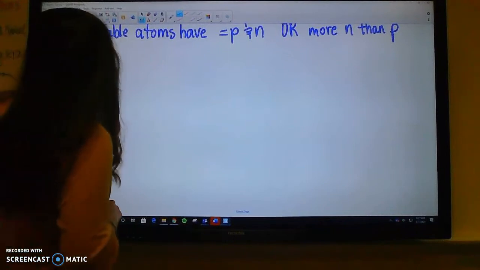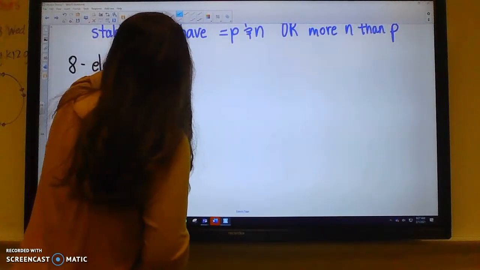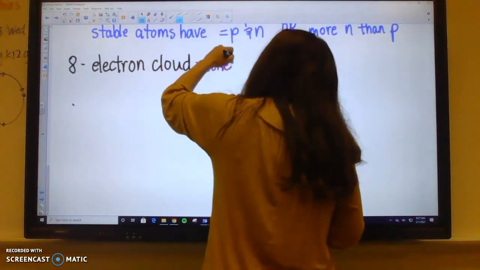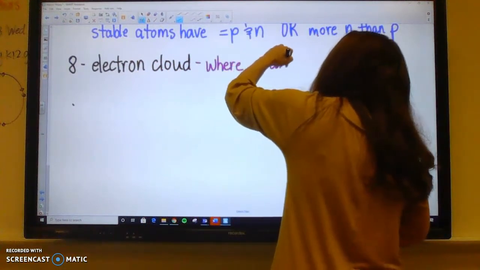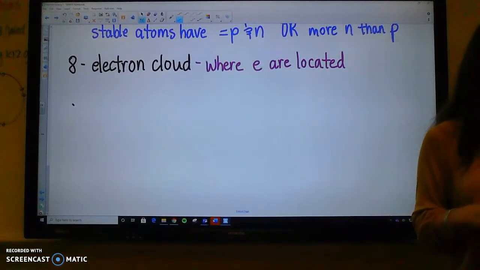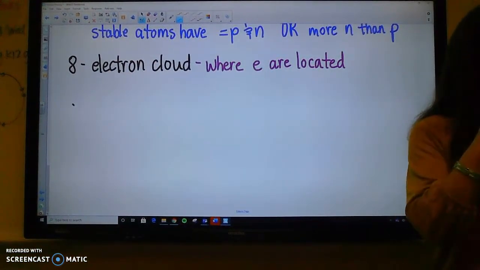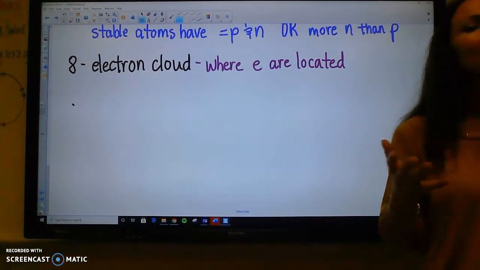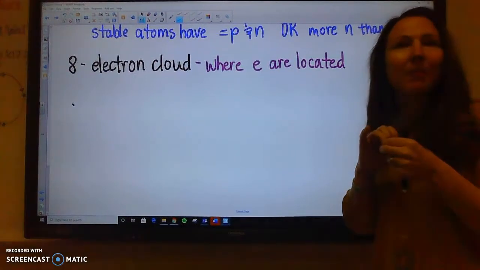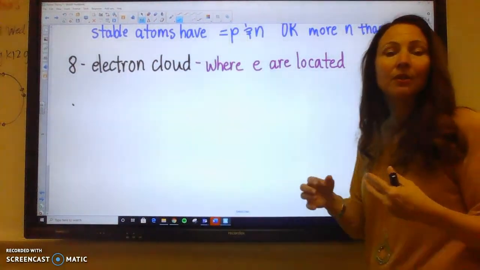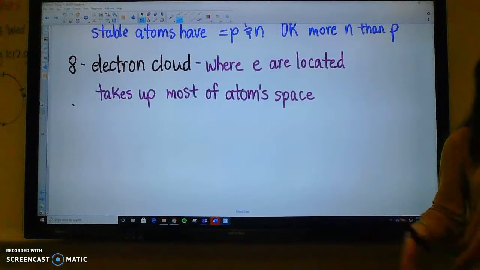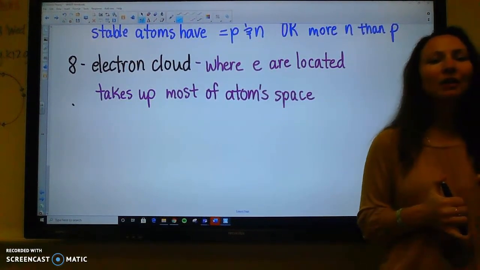And then the last one's the electron cloud. So obviously, what's located in the electron cloud? Okay, so it is where electrons are located. Electrons, by the way, have virtually 0 mass. It's so negligible, but it's matter. It has a mass, it takes up space, but electrons are about 2,000 times lighter than protons or neutrons. The electron cloud is where most of those are just taking up space, orbiting all the time. Now remember, electrons don't contribute to the